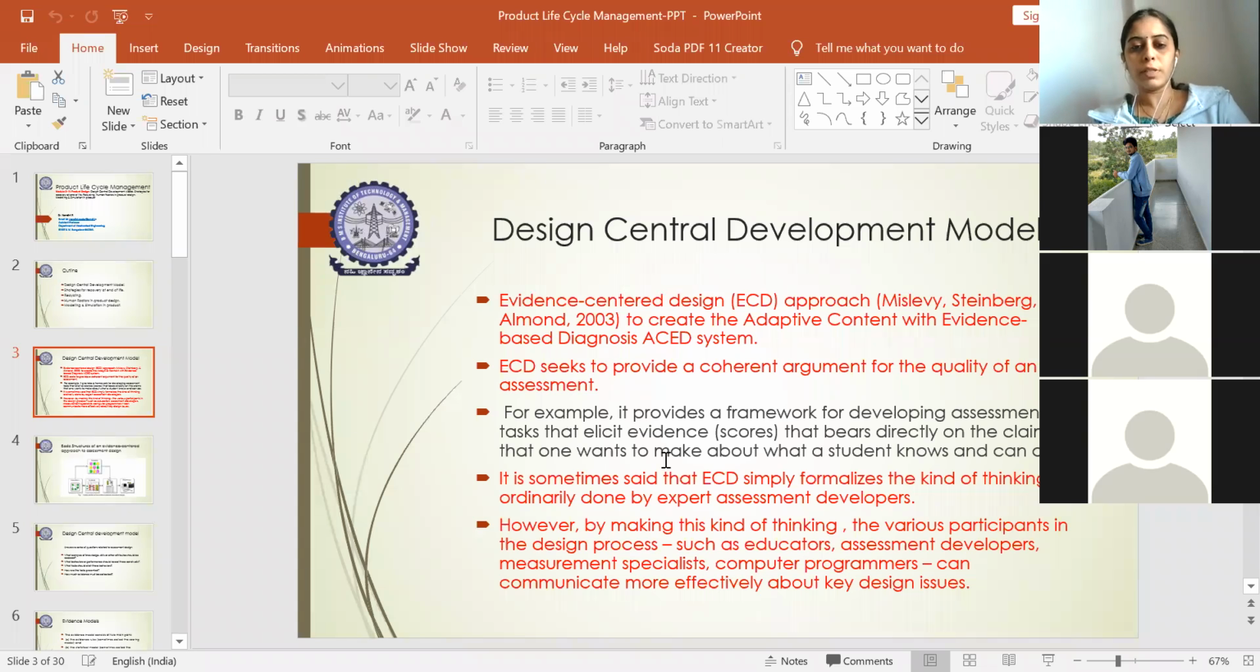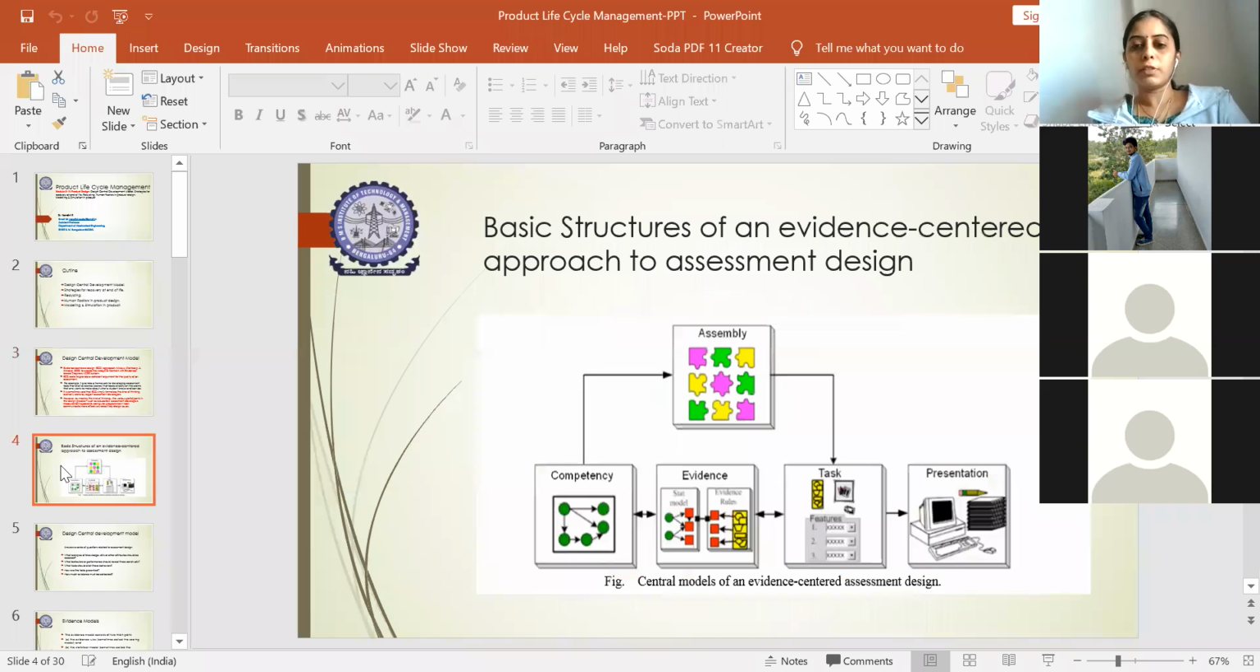Okay, so let us go to what actually happens here. You can have a look at the central model of an evidence, or design assessment model, as you also call it. You have different sectors. As you see, you have a competency sector, evidence sector, task, presentation, and finally an assembly sector also. So by looking at the